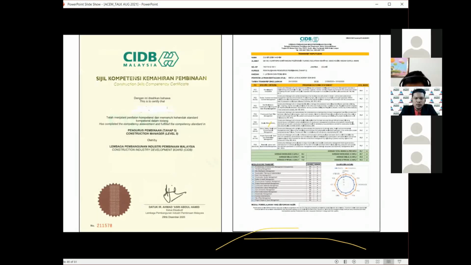Another example, this is a good one. My friend over here is level 5, a good one. He scored more than average, so his mark is more than the baseline. You can see the red ring and also the blue ring. The blue ring indicates the minimum baseline that you need to get, and the red is your score. You can see here, level 5.